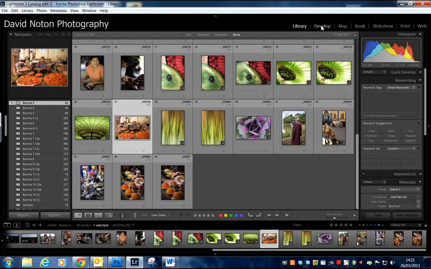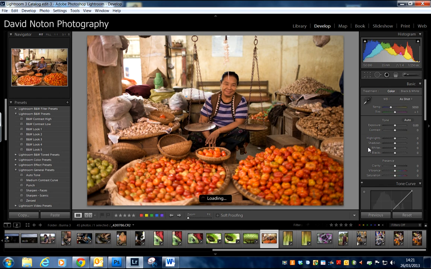So I'm starting with this picture here, shot in a market in Burma. This lovely lady here selling her tomatoes, and I've wandered around the market shooting on my 1DX, and this is the raw image straight out of the camera, no post-production done to it. Now the thing is,